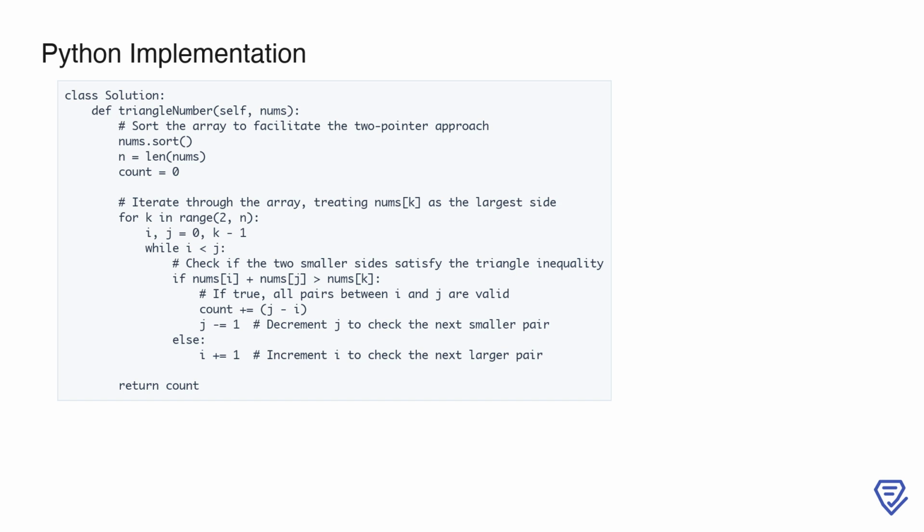Complexity. Sorting the array takes O(n log n). Two-pointer traversal. For each k, the two-pointer scan is O(n) in the worst case. Since k iterates up to n, the overall complexity is O(n squared). This approach is efficient and handles edge cases like small arrays, less than 3 elements, by returning 0, as no triangles can be formed. The use of sorting and 2 pointers ensures that the solution is both optimal and easy